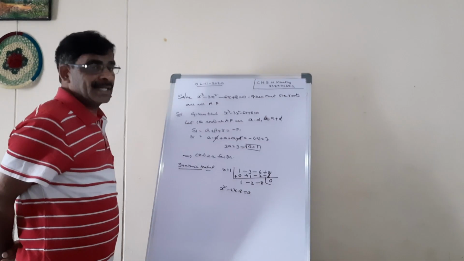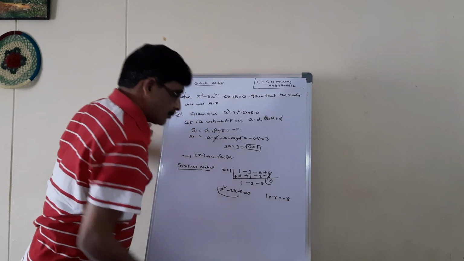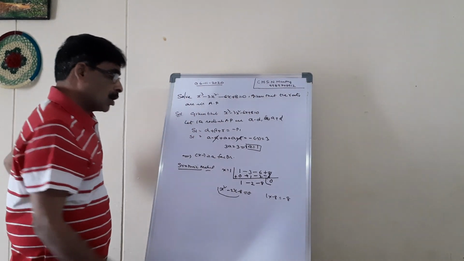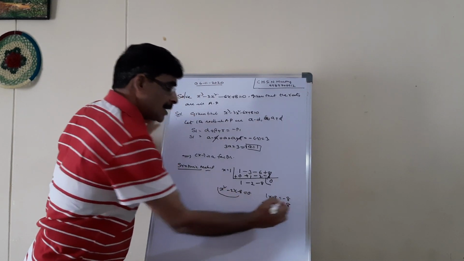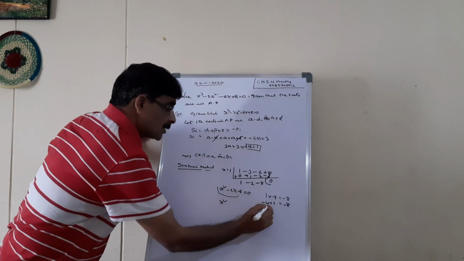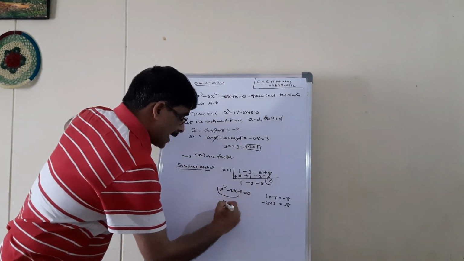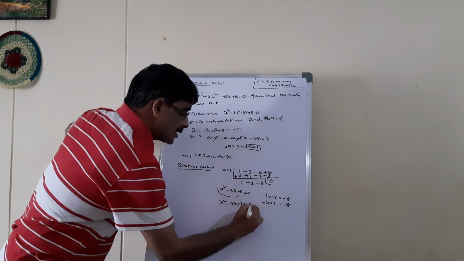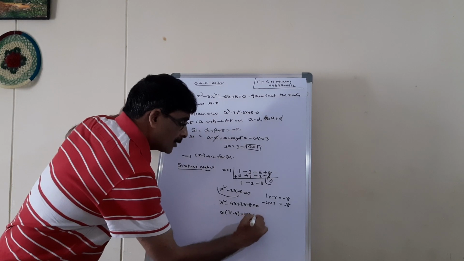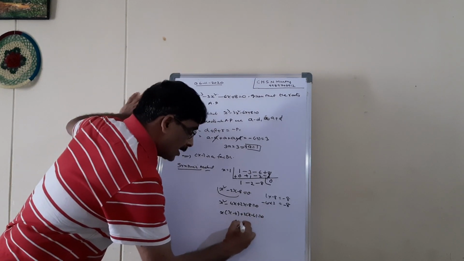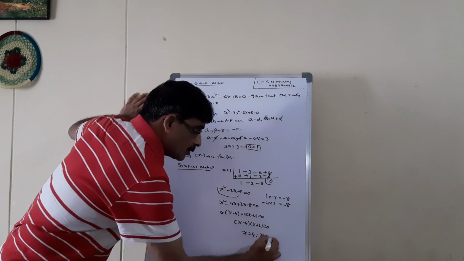Now we have to find the factors. 1 into minus 8 equal to minus 8. What are the factors of 8? 4 twos are 8, but we want minus, so minus 4 into plus 2 is minus 8. The sum of these two terms is minus 2x. It means x square minus 4x plus 2x minus 8 equal to 0. Take common x minus 4 plus 2, take common x minus 4 equal to 0. Or x minus 4 into x plus 2 equal to 0. Or x is equal to 4 or x equal to minus 2.